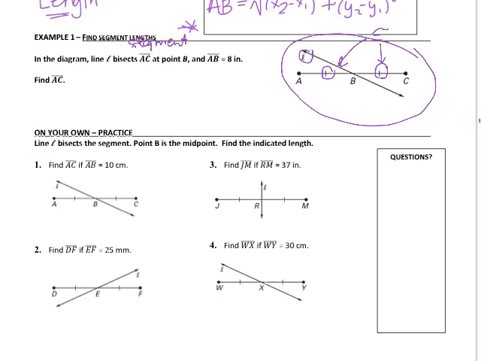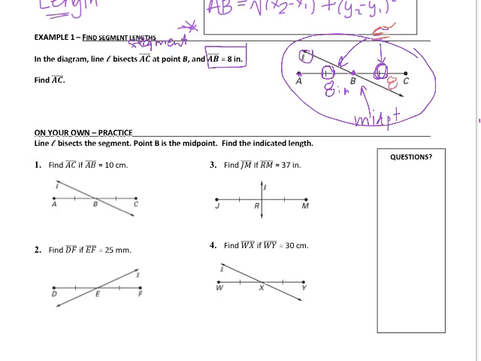So if AB is 8, and how do I know that it's 8? Well, the directions tell me. If it is 8 inches long from B over to A, we know that these two parts are congruent because B is the midpoint. It's the midpoint because it's been bisected by line L. Bisect means to cut in half. So that means I have two congruent segments, and if AB is 8, then BC is also 8,